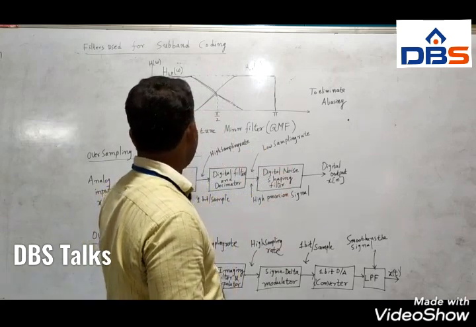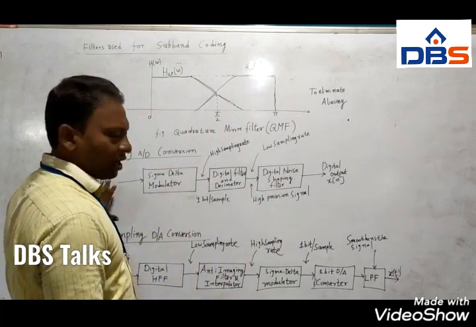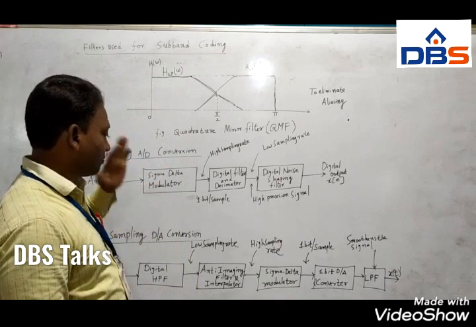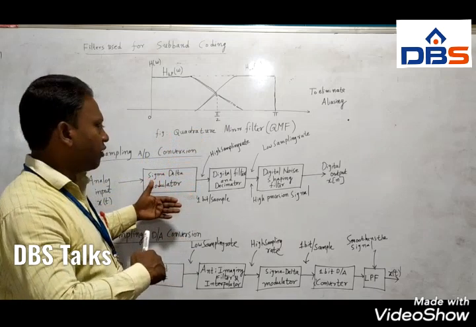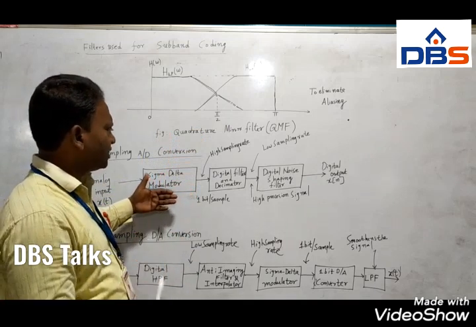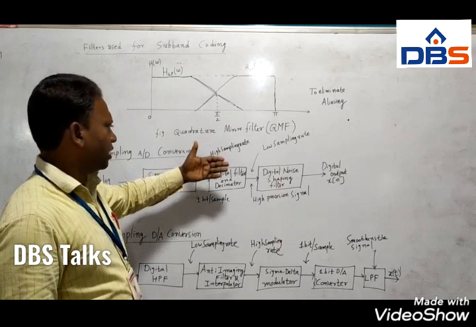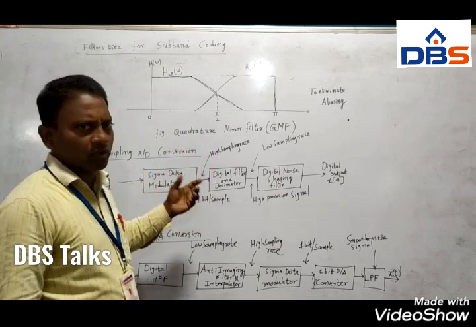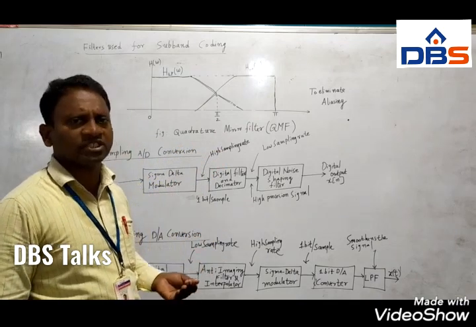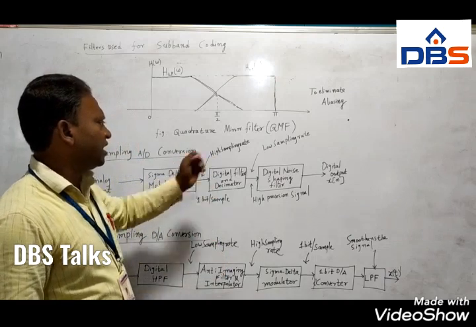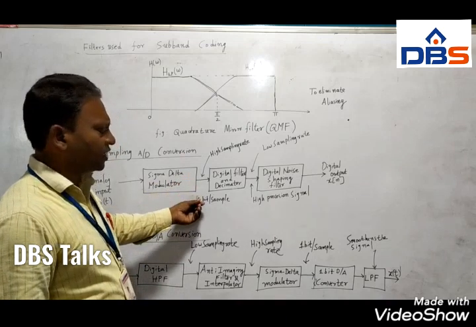Every sample has its noise removed using this digital noise shaping filter. So this is the oversampling A to D conversion. What is happening in it? X of t is applied to the sigma delta modulator, and we get a high sampling rate because it is a combination of sampler and quantizer. A very high number of samples are present. Sampling rate means the number of samples taken per second, suppose 10 samples per second, 100 samples per second, like that. And every sample is represented by a single bit.